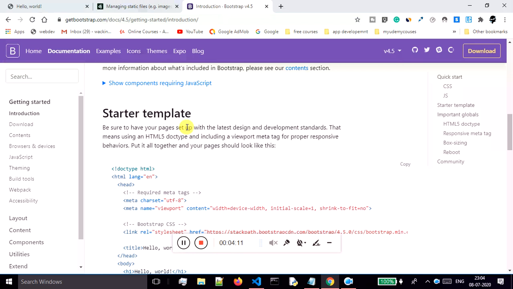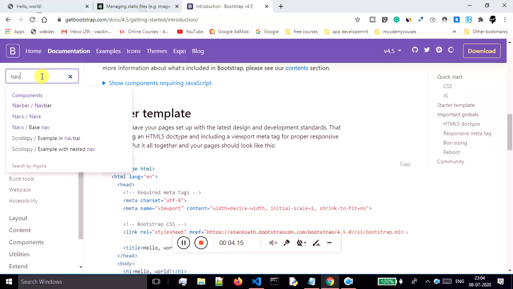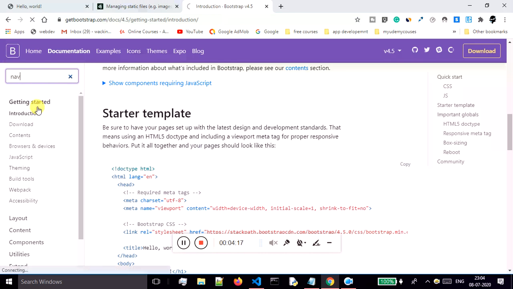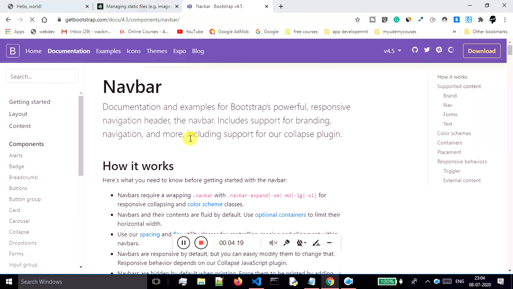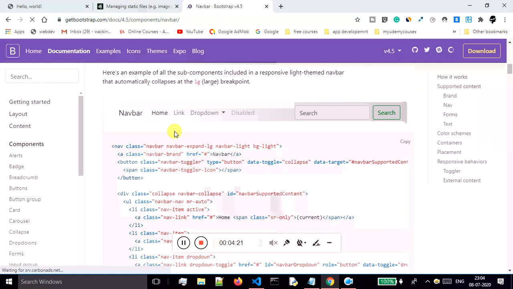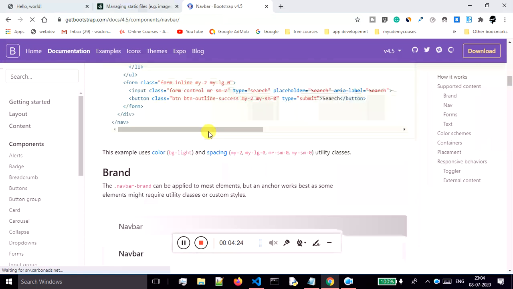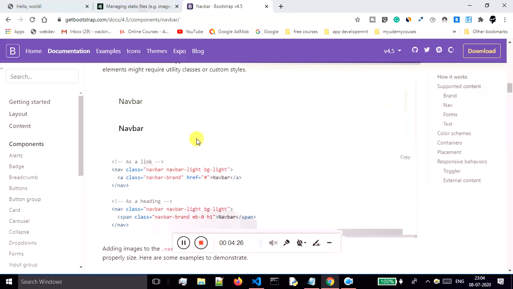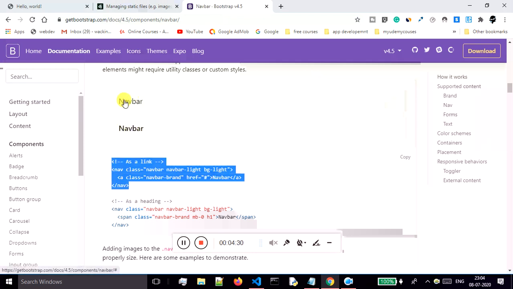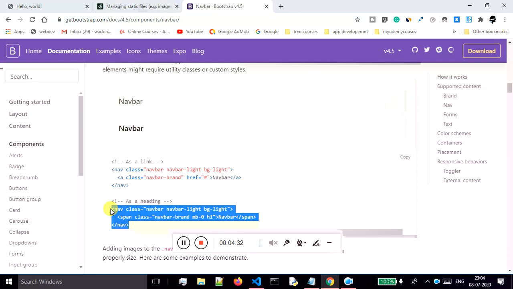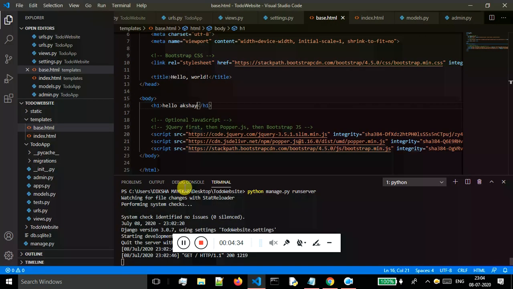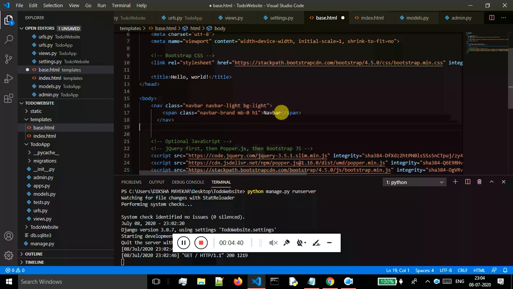Okay, so after coming to this bootstrap, I want some navbar for my website. So I will just click over here and I will search for navbar. Just scroll down, and I want this kind of a navbar. Okay, so this code is for this first navbar, and this code is for the second navbar. I'll copy this, I'll come over here, and I'll cut this header and paste that navbar code over here, and